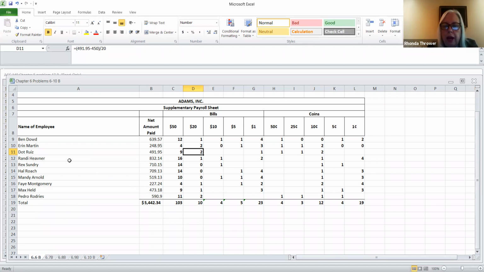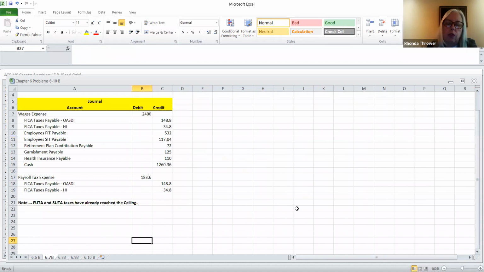You can refer back to this sheet if you want to, because I'm going to make it available in Blackboard for you to look at, this Excel spreadsheet. So I'd like to go on to the next problem, which is